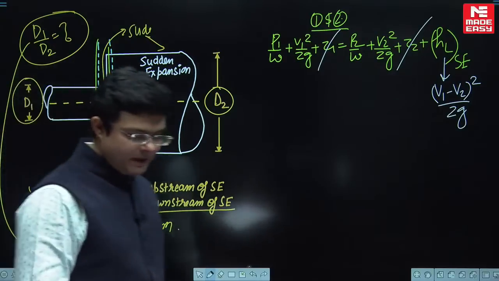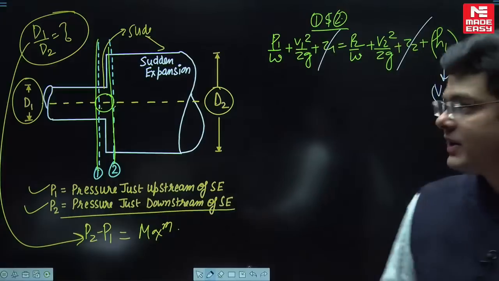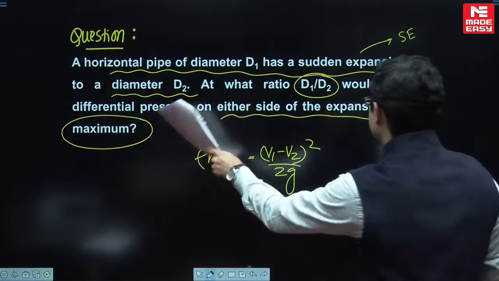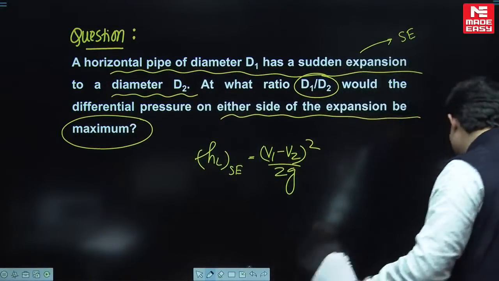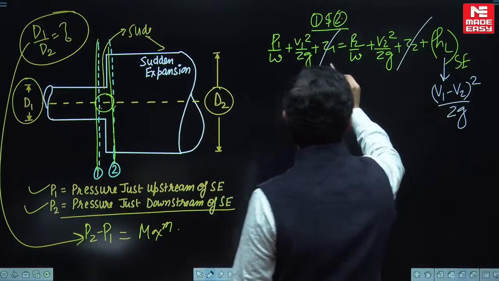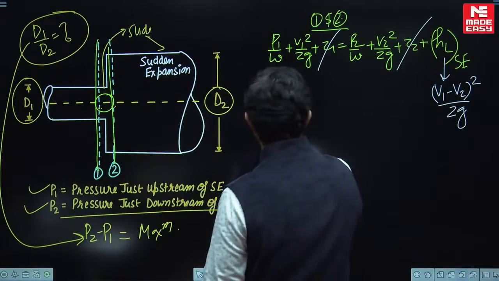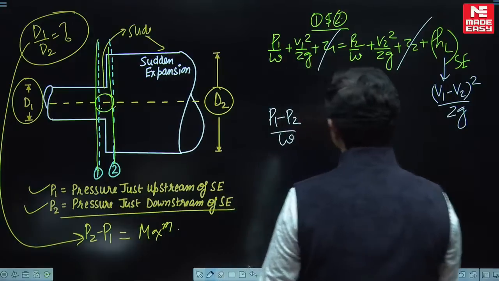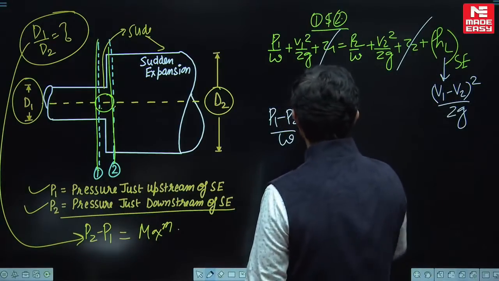We want P1 minus P2. We want the drop of pressure. So therefore, what is the differential pressure on either side of the expansion is maximum. So from here, can you find the drop of pressure? See, V1 and V2, you take it to that side. So (P1 minus P2) by W is the drop of pressure, is equal to